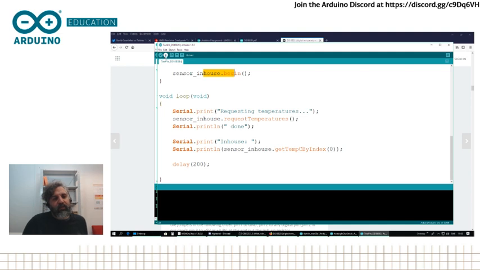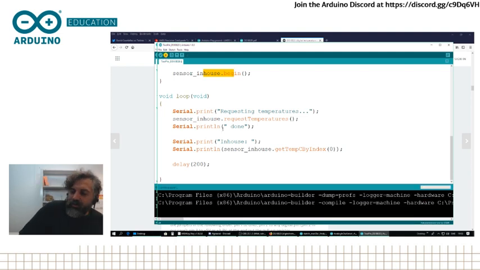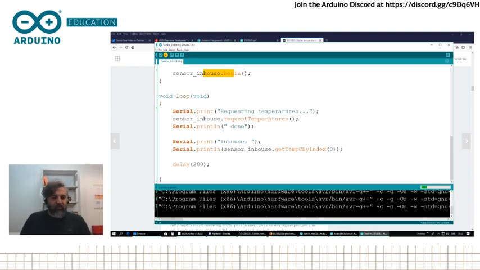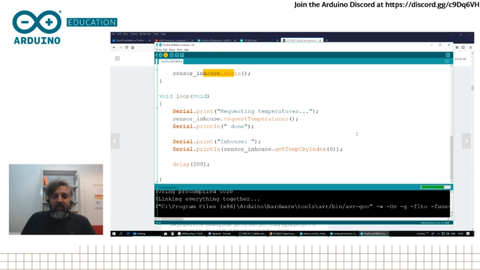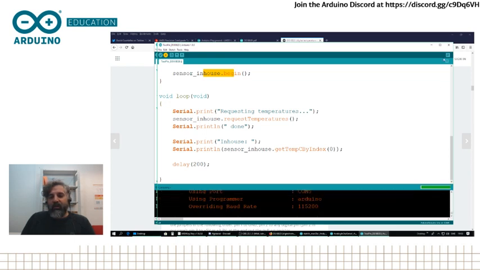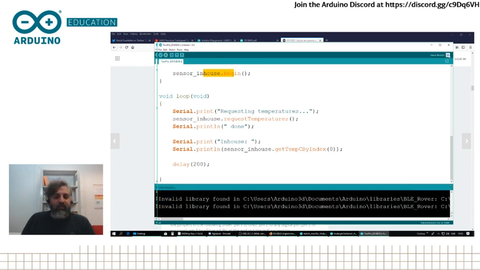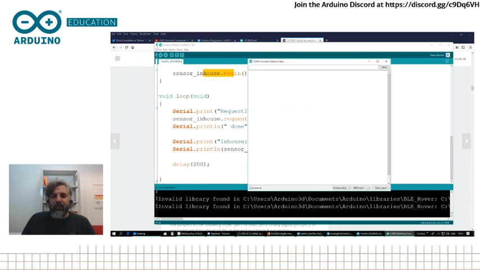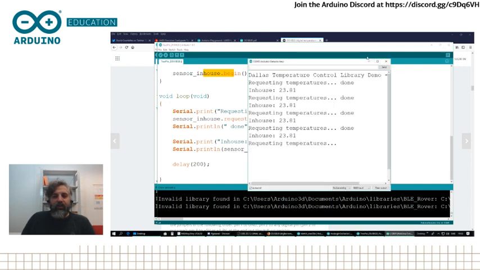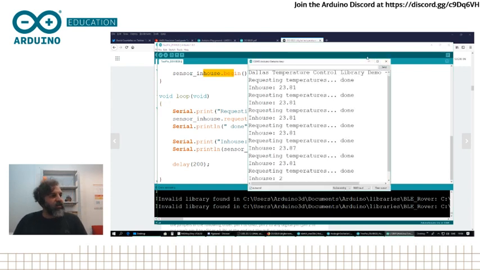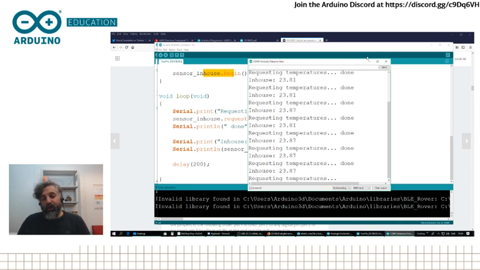So let's hope this will work fine. I send it to the board. It is compiling, and once it's done, I will just open the serial port monitor and we'll check out what comes out from it. Okay, it's done uploading. Open the monitor, and you see here it says the temperature is being read pretty fast